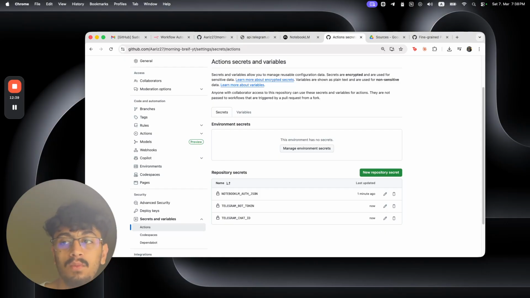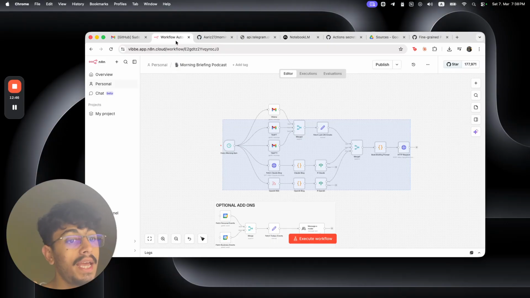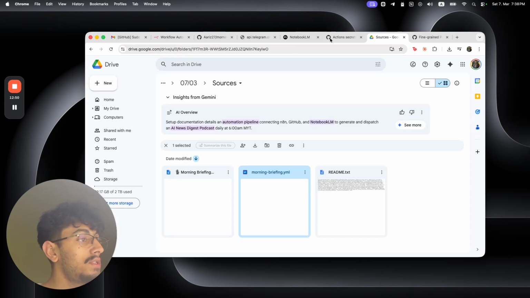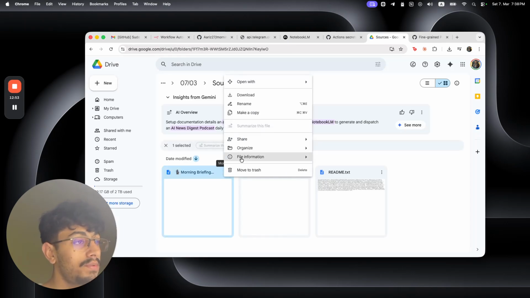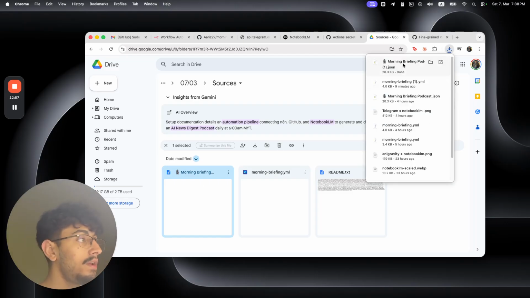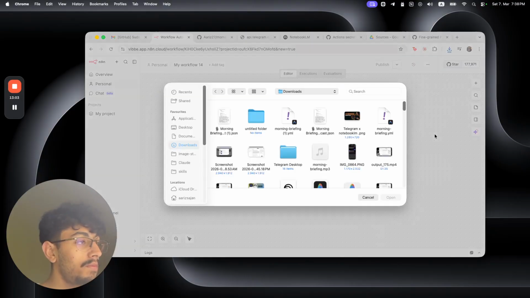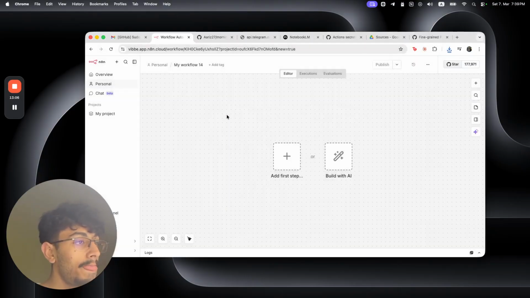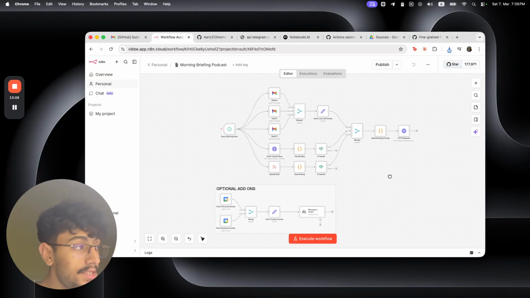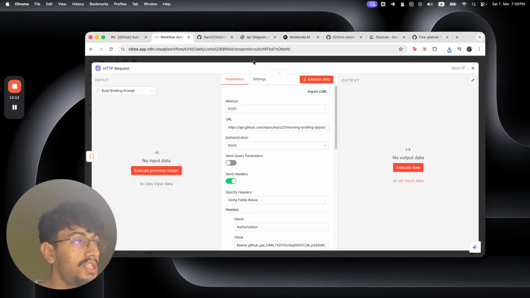Okay. The next thing we need to do now that we've set up GitHub and we've set up Notebook LM, the last part is N8N. Now, when you download the N8N folder, right? So the file, you go here and you just press download. It's going to download this morning briefing podcast. You can go here, press these, and do import from file. All right, now when you open this importation, you're going to see that you have your HTTP request,